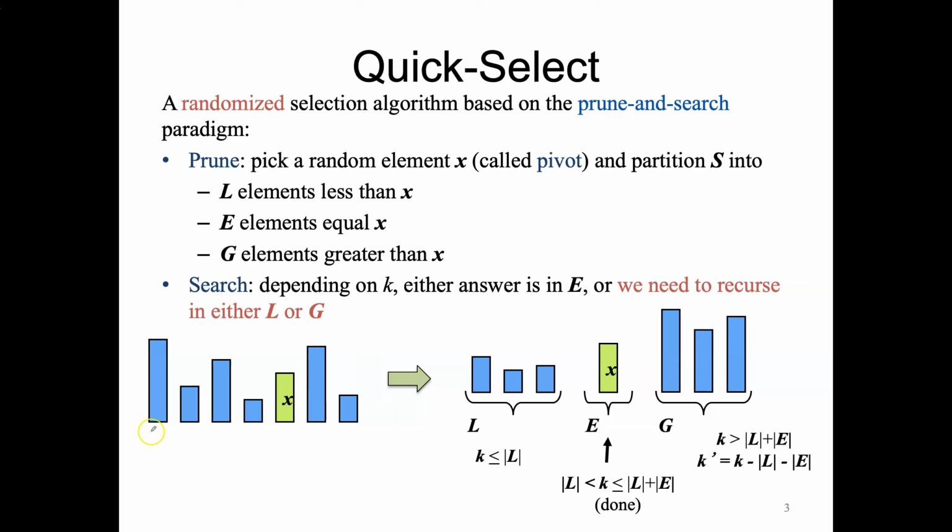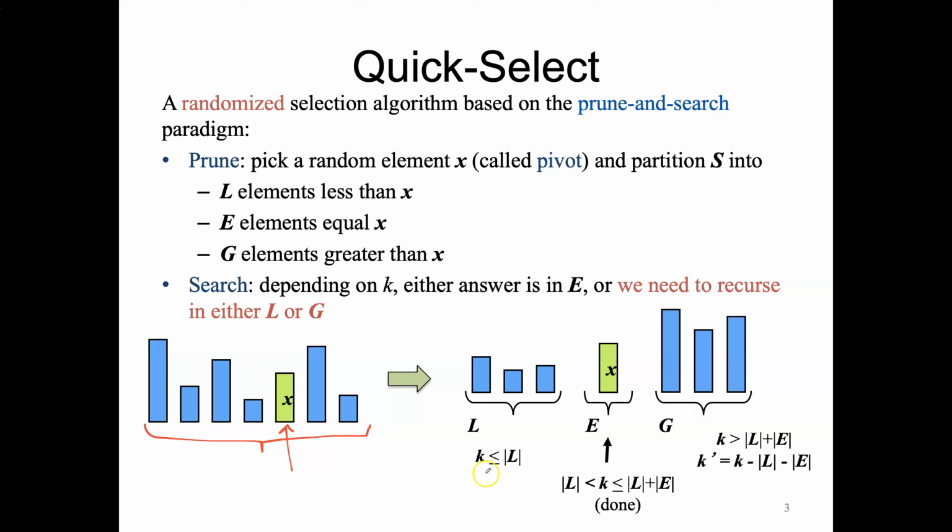So here's the original sequence we're given. X is our random pivot that we selected. We're going to use this to partition our sequence into all of those items less than our pivot, equal to our pivot, and greater than our pivot. And then we're looking for the kth smallest element. So that means if